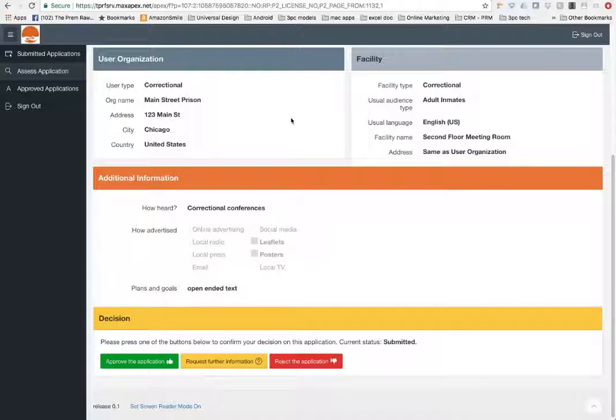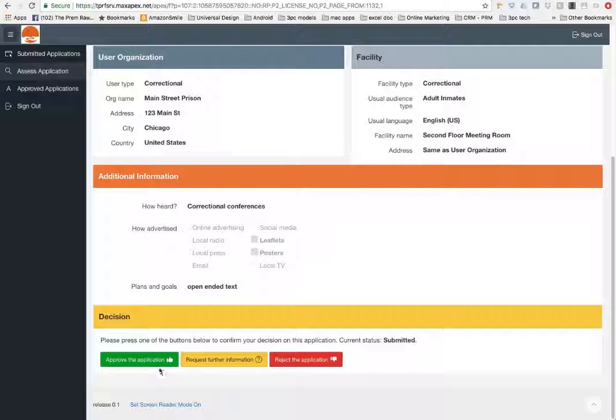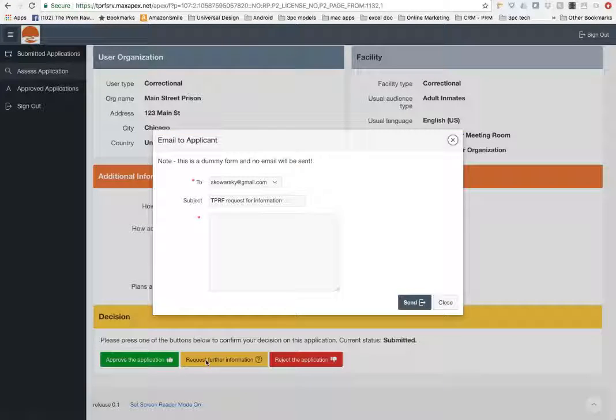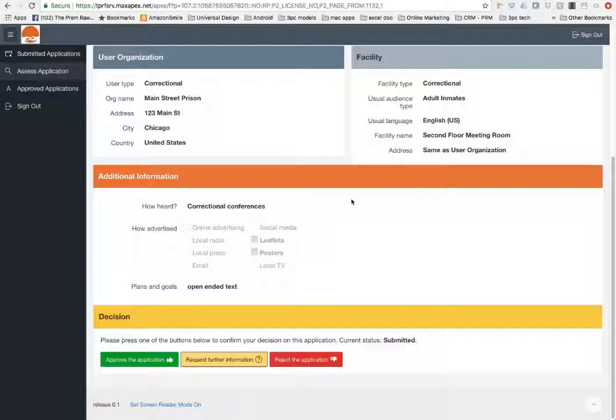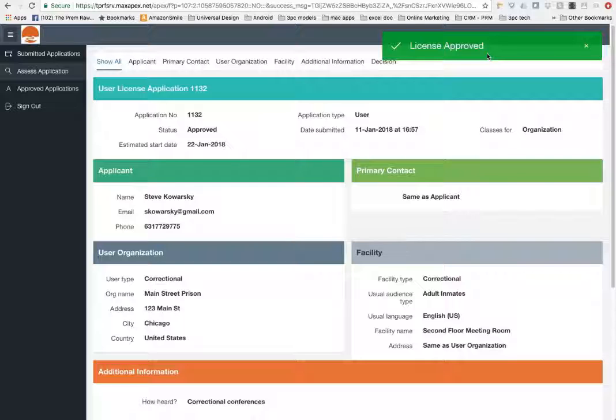submitted in that application. We can review it, and we have 3 buttons, green, yellow, and red. Red would be to reject it, green would be to approve it, and yellow would be to request further information, which allows us to send an email right back to the person who made the application, and that person can reply to that email, and then that back and forth email conversation becomes a part of this application and can be viewed in this screen. We will just go ahead and accept that application. That would, of course, automatically send an acceptance email and kick off whatever other internal processes are required in the